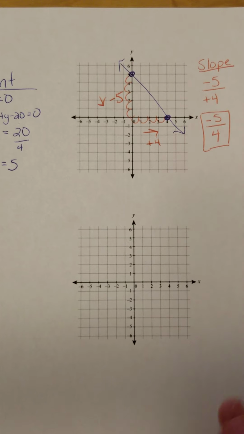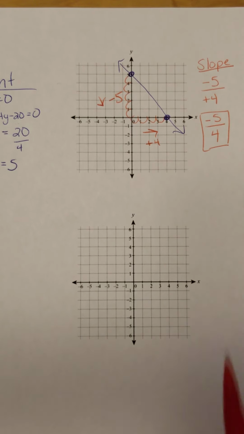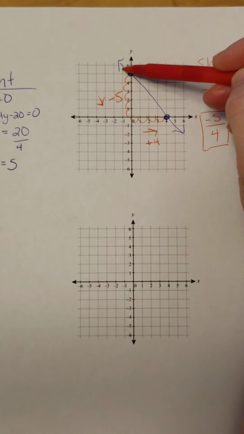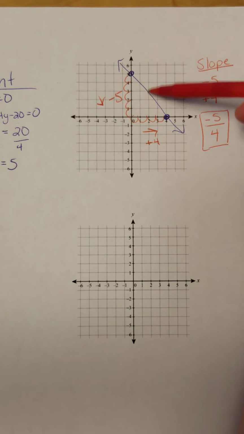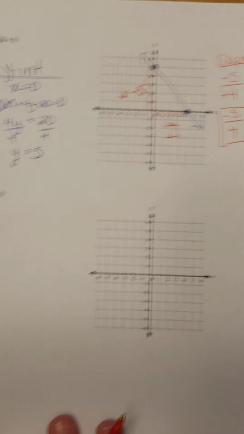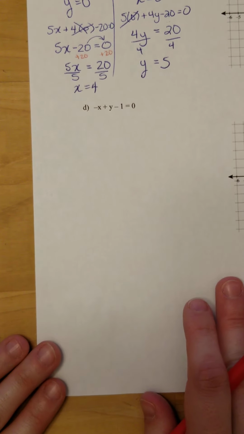You don't need to write that positive, but a negative and a positive remains negative. Okay, and a negative slope makes sense because it's like a downhill slope. We'd be running down this hill. Whenever we're running down a hill, it's going to be a negative. Okay, last but not least,